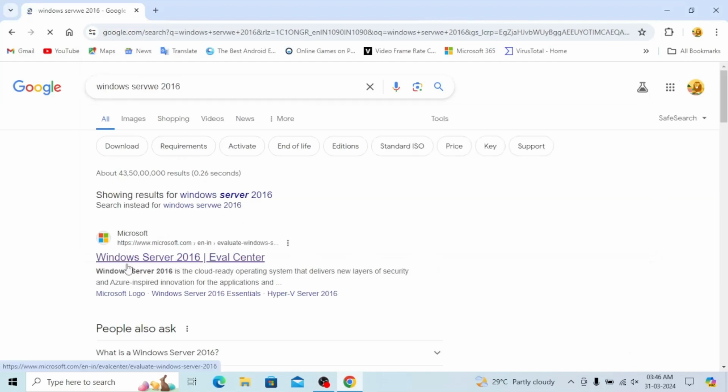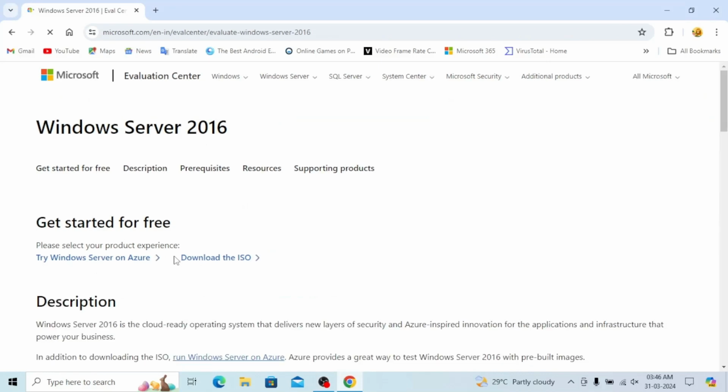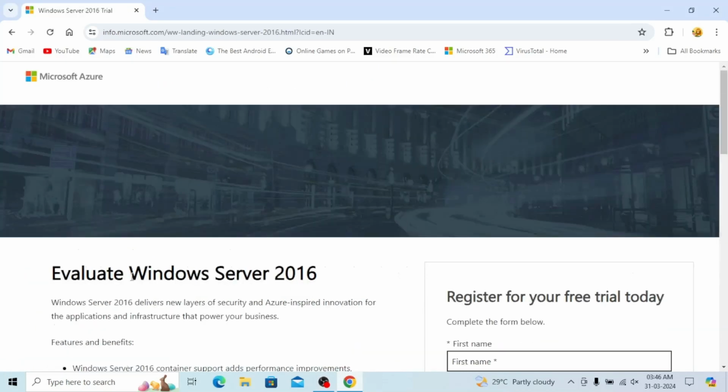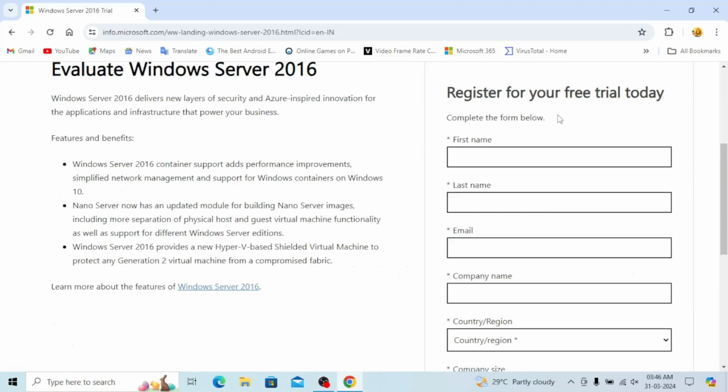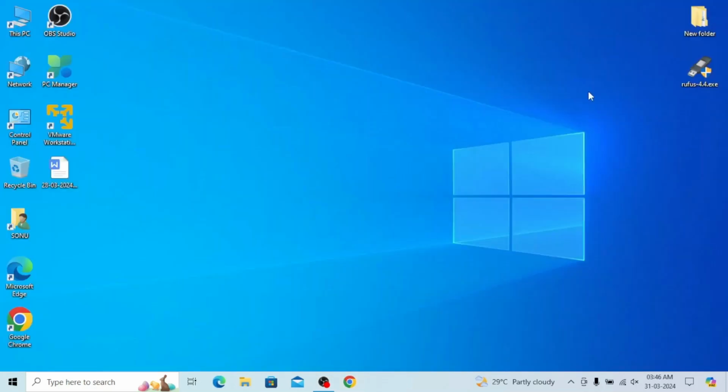Just click on Download the ISO, and here we have to give all our details and then Download now. Same process like Server 2012. I already did the ISO file and completed Windows Server 2012, and now I am doing Windows